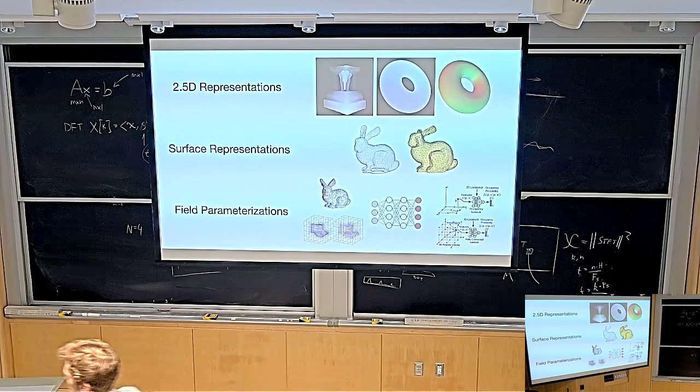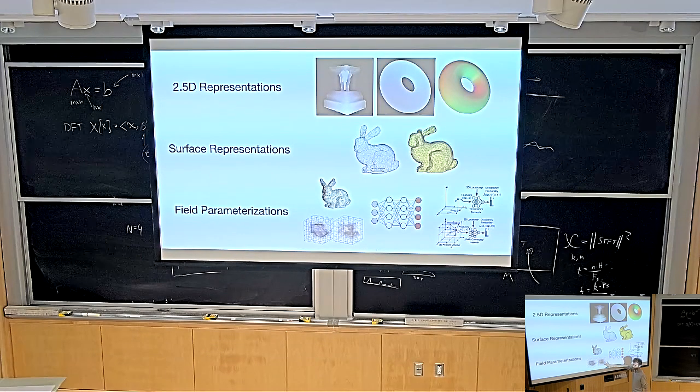And then we briefly talked about field representations. And what did we call a field parameterization? We said there's this definition of physics of fields. Field basically just means it's a function that is defined over coordinates. So for instance, you've all heard of the space-time field, right? That just means it's a function that maps every coordinate in space and in time to something. And this is naming that we have imported. And so maybe, for instance, you've heard of the radiance field or the signed distance field. These are called fields because they are defined over coordinates.